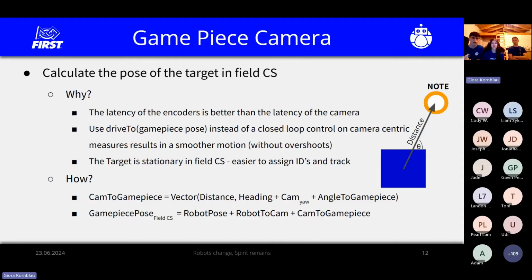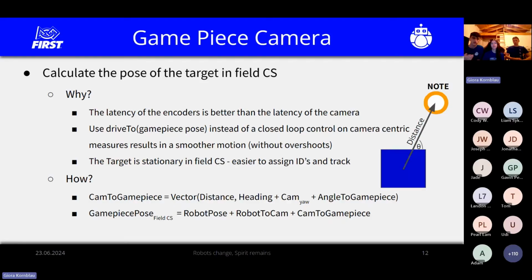If we miss them for a few frames, but then we come back and see them, we can still save the position of it, even for the few frames that we missed it. We do this by first calculating the vector from the camera to the game piece. The length of the vector is the distance that we calculated earlier, either via the game piece width calculation or the height difference calculation. And the angle of the vector is our robot heading right now, plus the camera yaw offset,